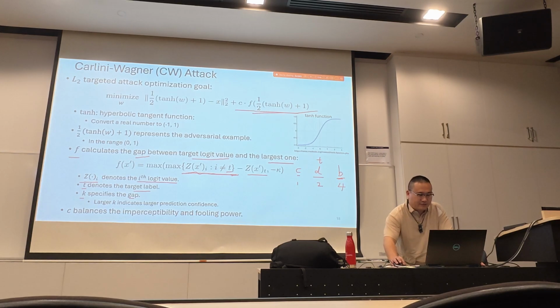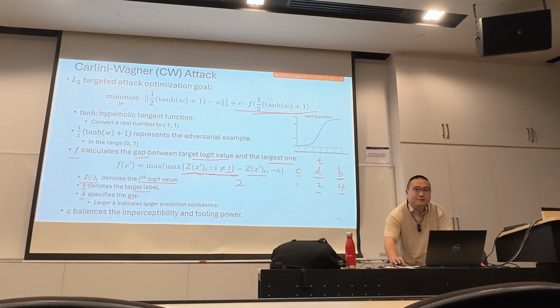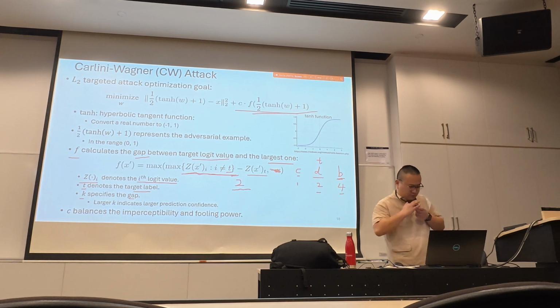So at the beginning we find that this is 2, because 4 minus 2 is 2. And then if we ignore the minus here, and directly do the optimization, we just want to minimize this gap. So at the beginning, the gap between bird and dog is 2, and then what we do is that